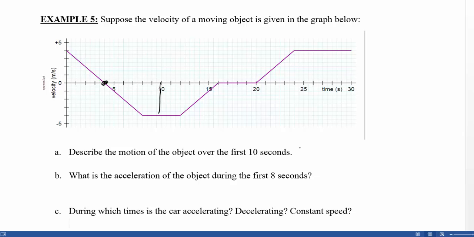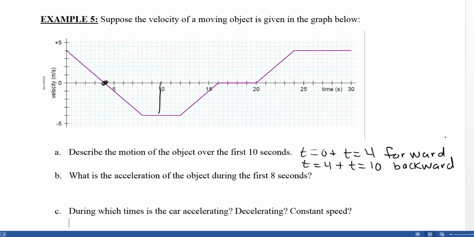So between time equals 0 and time equals 4, we are moving, let's say, forward. We'll count positive as forward. And from time equals 4 to time equals 10, we're going to be moving backwards